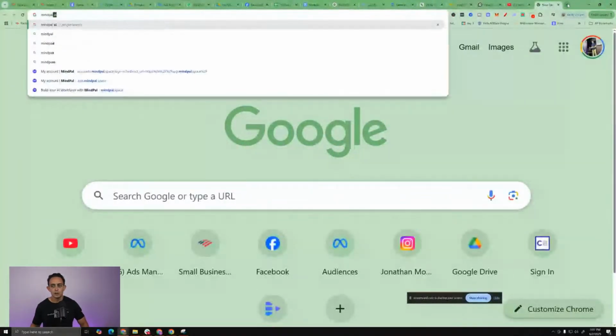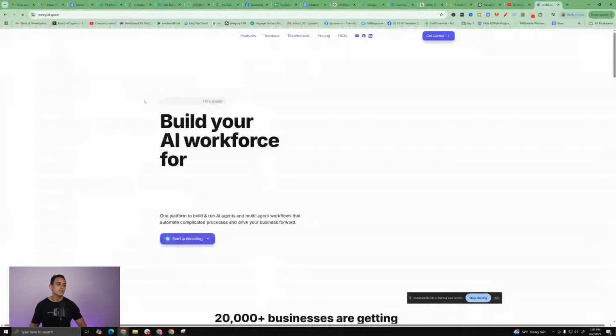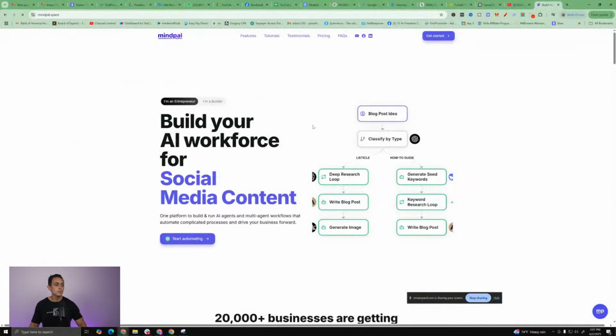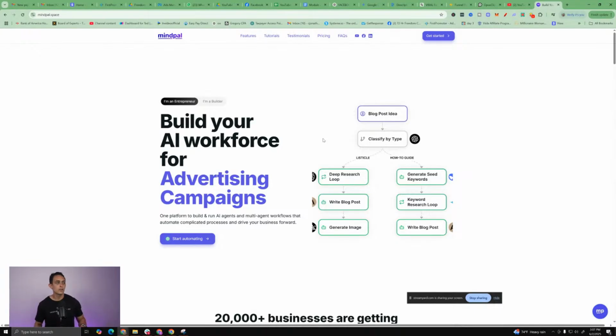Again, this is where it gets a little bit advanced, but with MindPal, you can actually create these AI agents, right? So you can basically tell it to create an agent that posts on social media, right? And you can sell this agent. Okay. So for example, let's just say you create an agent and you go to a local chiropractor business and say, hey, I can automate all your blog or all your Instagram posts, and all I've got to do is install this AI into your business.